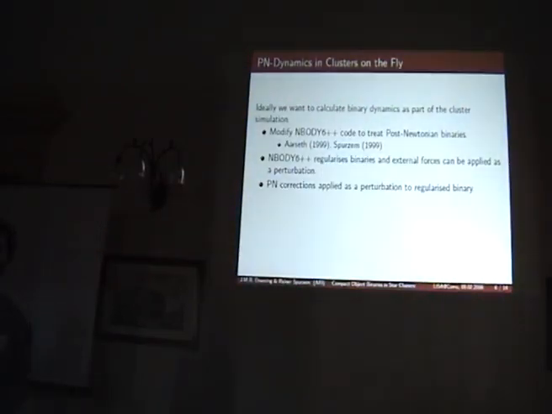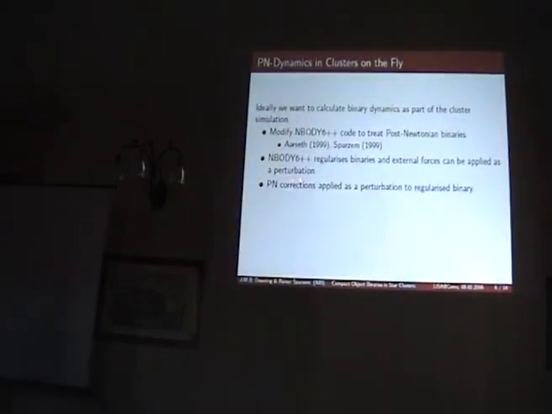So the first attempt we have made with this is, ideally, we want to calculate these binary dynamics as part of a whole cluster simulation. You've got a live globular cluster, you've got live post-Newtonian dynamics for the binaries. Everything is being done as accurately as possible. So this is what we want to do. And so the approach we're using, as Weiner said earlier, is we work with the N-body series of codes from Sverre Aarseth. Particularly, I'm working with NBODY6++, which is the version made for parallel computers and hopefully to run on this special purpose hardware.